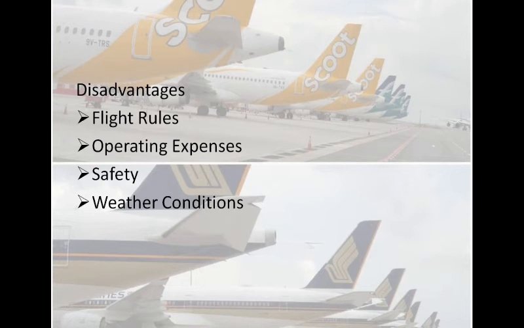Operating expenses. This mode of transport proves to be most expensive because heavy instruments are required for the construction of aeroplanes, airports, repair shops, meteorological stations, etc. And special training is to be given to the pilots. The number of passengers traveling by air as well as the quantity of cargo that can be accommodated is the smallest as compared to other means of transport, and hence the fares are also highest.